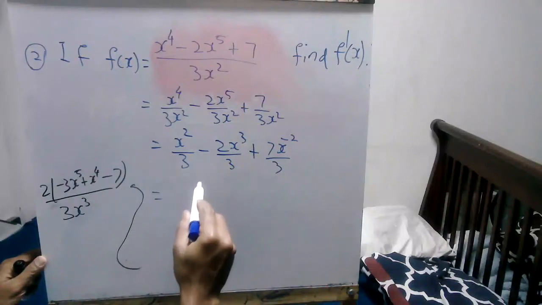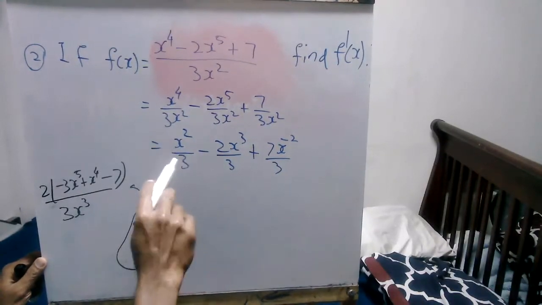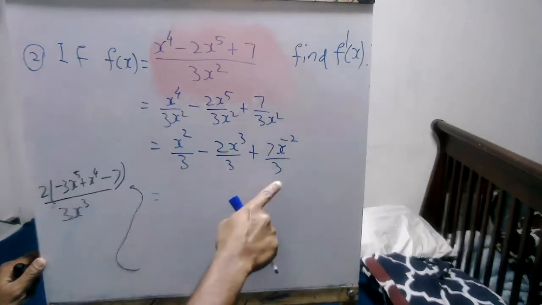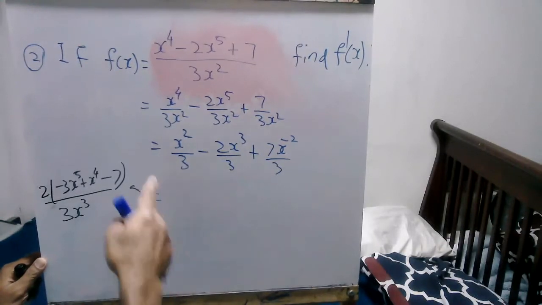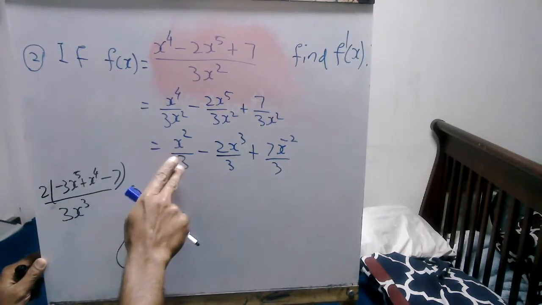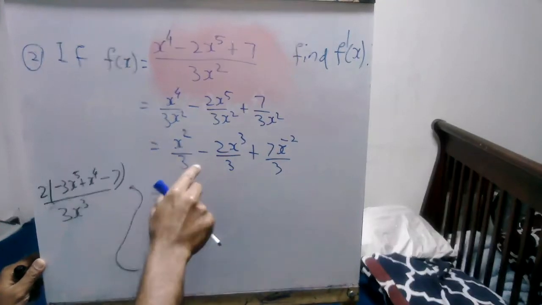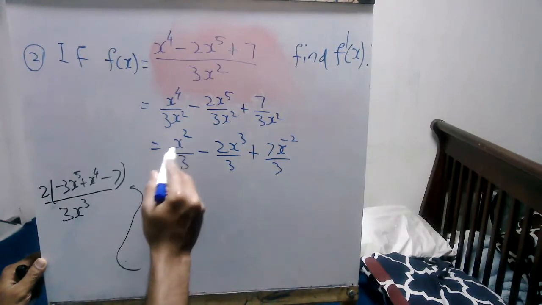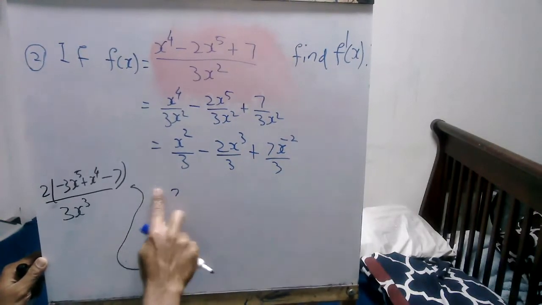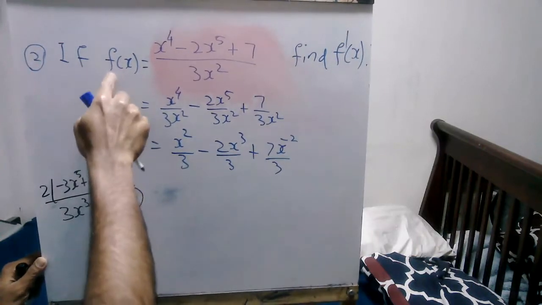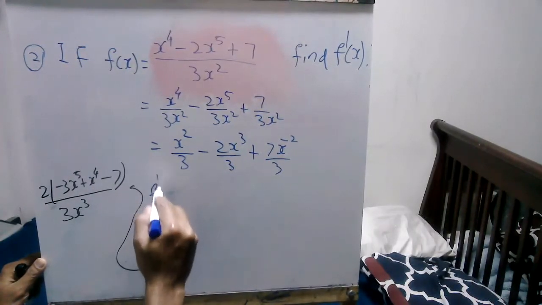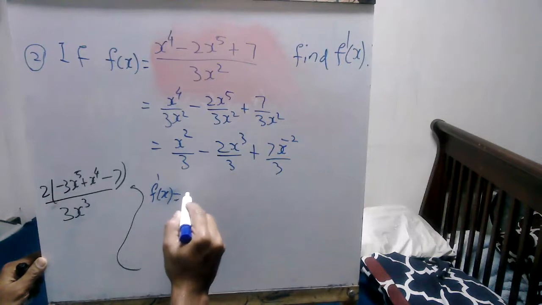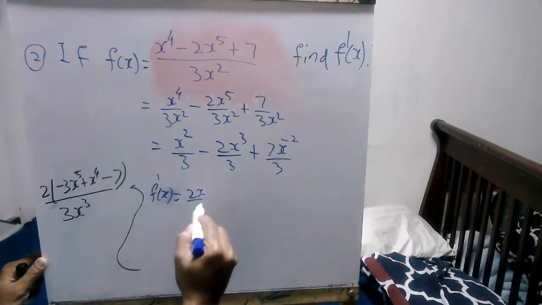This is equal to, now we can directly use the power rule, n x to the n minus 1. This 3 is a constant. We can take this 3 outside and leave this 3 as a constant and do the differentiation as it is. Anyway, this 3 is a constant. We can say this is 2x to the power 1. Now since we are differentiating, we have to write f dash x equal to 2x over 3